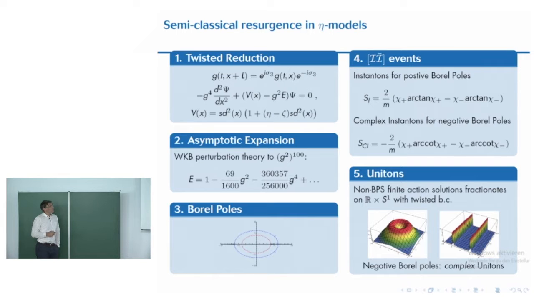Okay, so we've got this quantum mechanics, and then we can just do perturbation theory, WKB perturbation theory, or some variant of that, to work out the ground state energy. And because this is just put on a computer, it's a recurrence relation. You can crank it for as much as you want, and you get up to 100 orders of perturbation theory, no problem. Here's the first couple of terms. This is maybe for eta as a half and zeta as a quarter, or some random selection like that. But you can keep going. And these numbers start growing massively. So you need to set numerical precision, 100-digit precision, in your Mathematica.